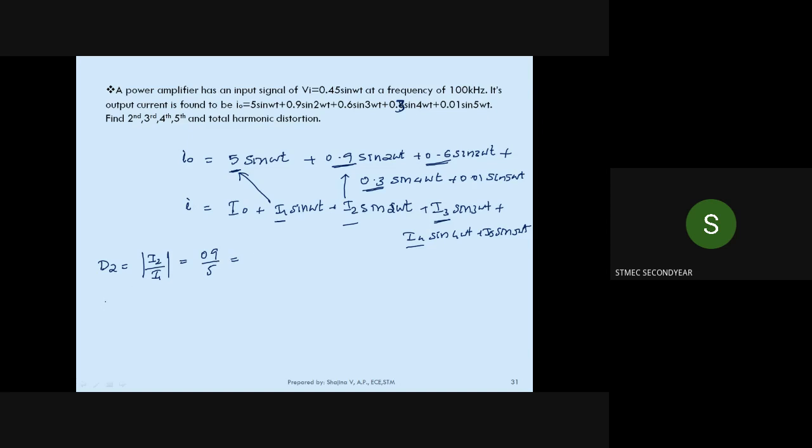Similarly, D3 is equal to I3 divided by I1, that is 0.6 divided by 5. ഒന്ന് ഇതുപോലെ D4, D5 കാൽക്കുലേറ്റ് ചെയ്യുക. ദെൻ ടോട്ടൽ ഹാർമോണിക് ഡിസ്റ്റോർഷൻ കാൽക്കുലേറ്റ് ചെയ്യുക. ഇത് ചെയ്തിട്ട് ആൻസർ പറഞ്ഞ്